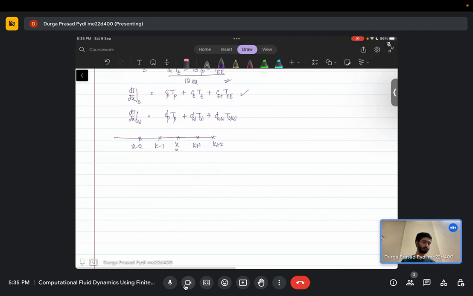So when I am writing in the form we have used for TDMA, your equations will be something like AK TK written in terms of k plus 1, bk Tk plus 1, plus, previously we just had one term, now we will have a k plus 2 term as well. So we have ck, let's not get confused with the notation. So bk Tk plus 1, ck Tk plus 2